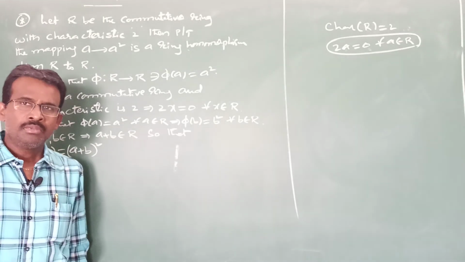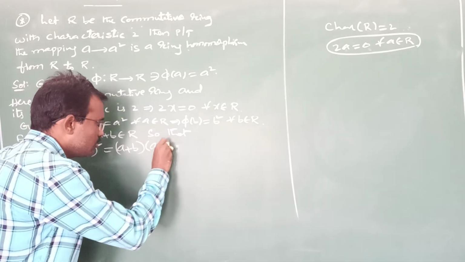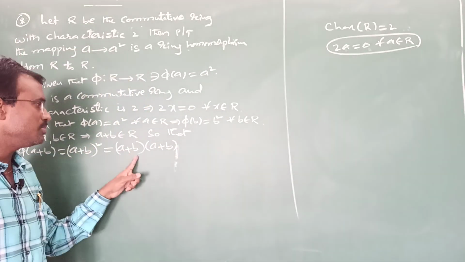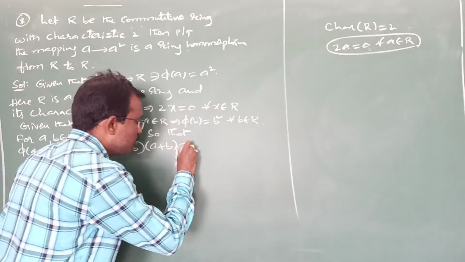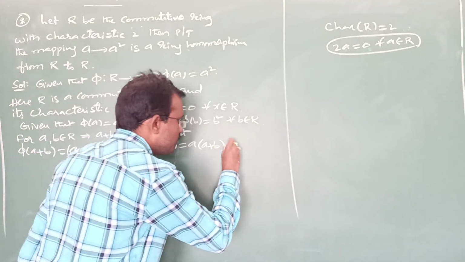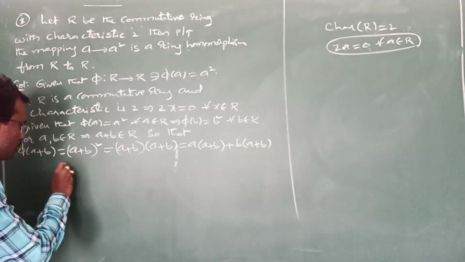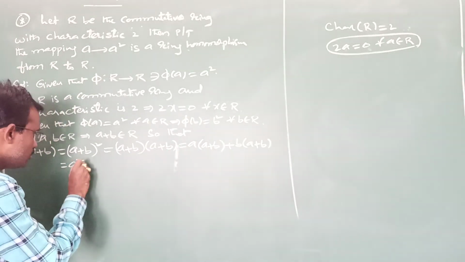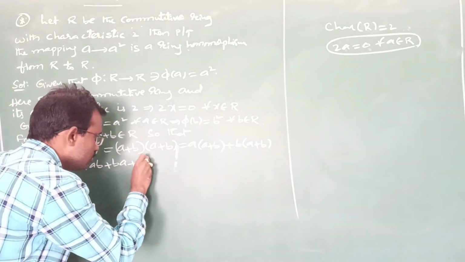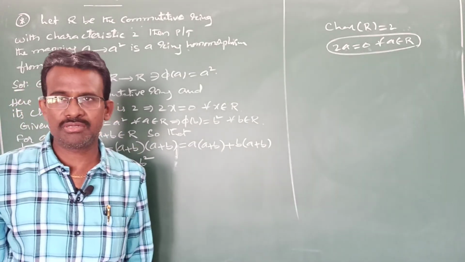But actually, meaning of A plus B whole square is what? A plus B into A plus B. Don't write directly A plus B whole square is A square plus 2AB plus B square. Actually A plus B whole square means A plus B into A plus B. Do this product. This is A into A plus B plus B into A plus B. Right? Now take this inside. A into A is what? A square plus AB plus BA plus B square. This is actually A plus B whole square definition under your algebraic conditions, right?